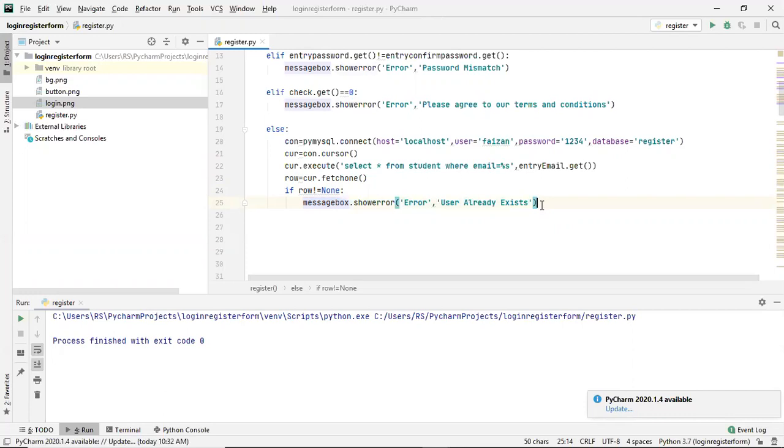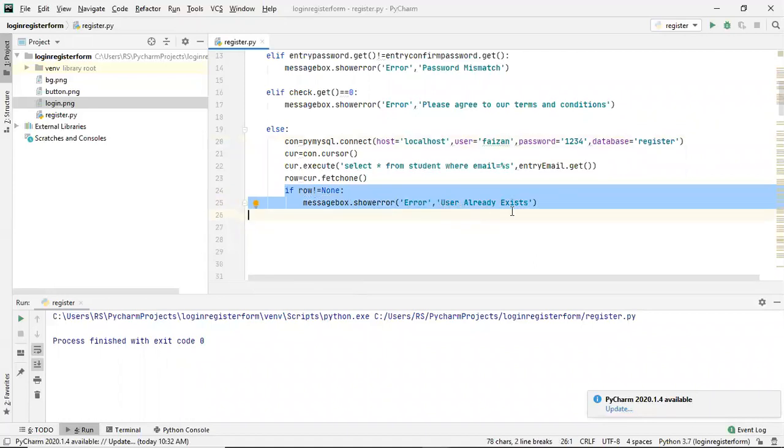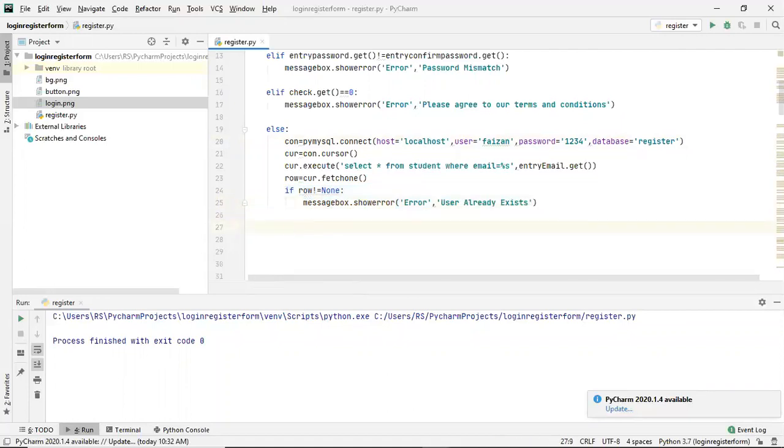Okay, so for now in this database there are no emails already existing, so whatever you create, this condition will not be true the first time. So what we will do is simply move to the else part. In the else part, it means there is nothing inside this row, which means the user is writing the email for the first time. If there is nothing inside this row variable, then we move to the else part here.